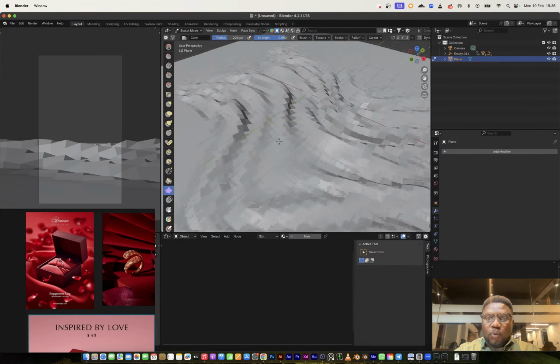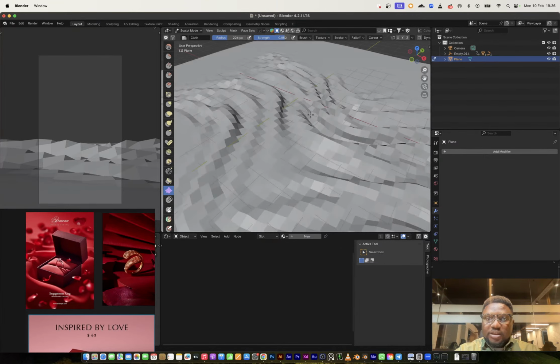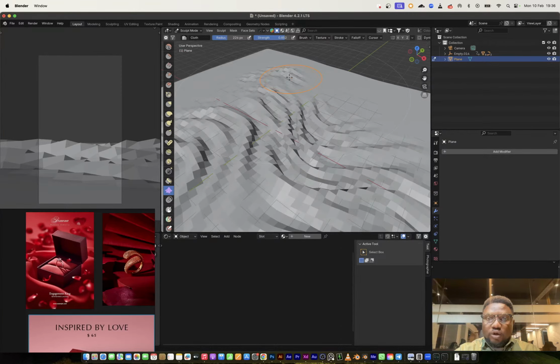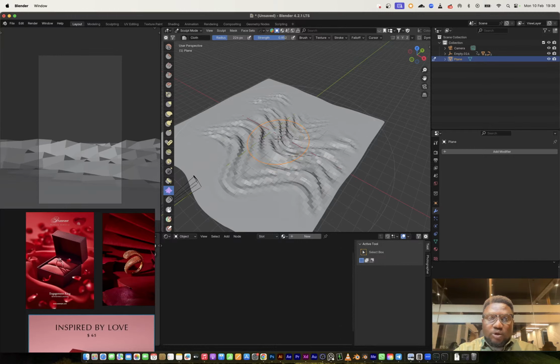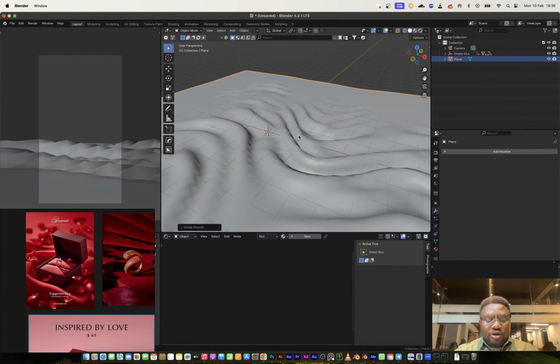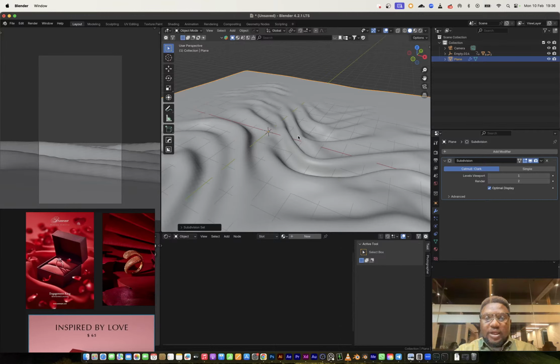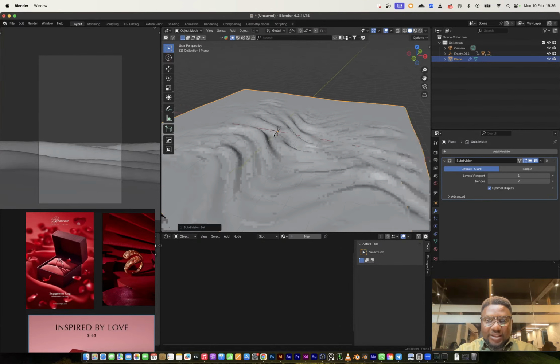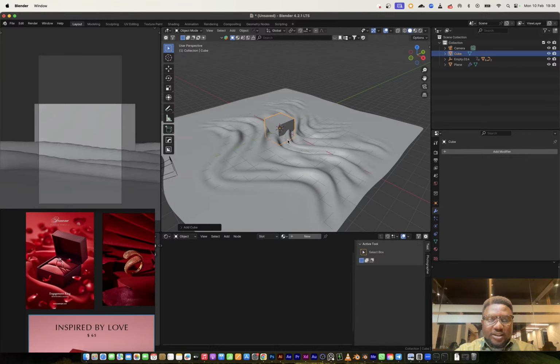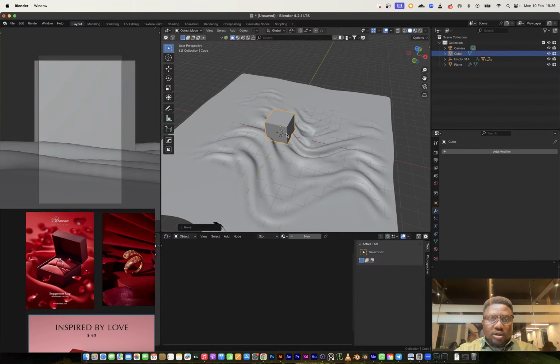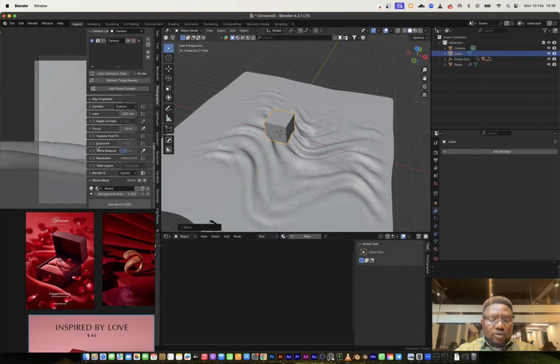Okay, so we have this set up. I think I just want to do it all the way to the back, so it looks natural, and we don't have it cutting abruptly anywhere on the camera. So what I want to do, I just want to leave that sculpt menu. I will shade smooth, and I'm going to add a 1 level subdivision to this, right? So with this, I know that I can bring in a box into the scene and figure out a camera angle that I would like to use.